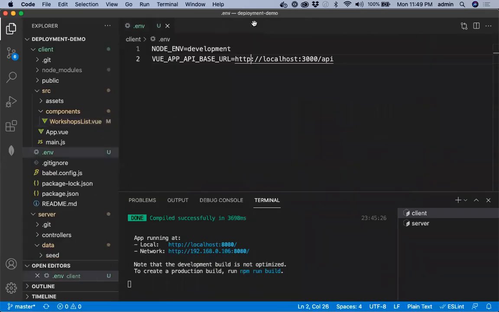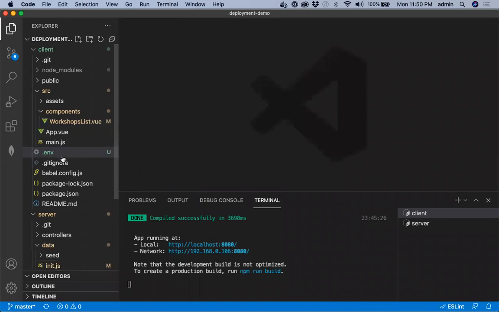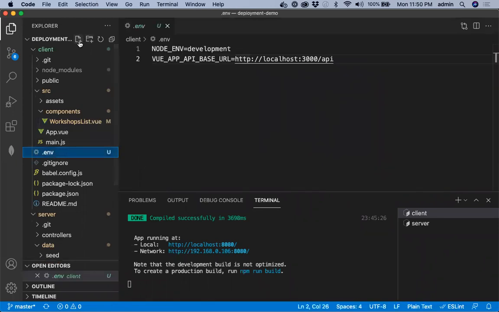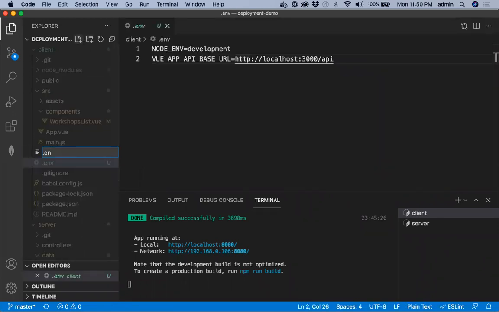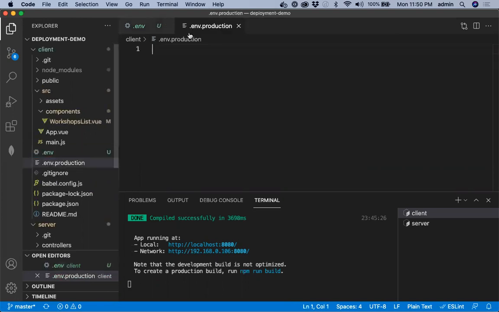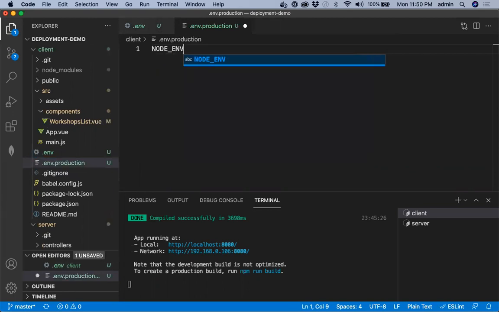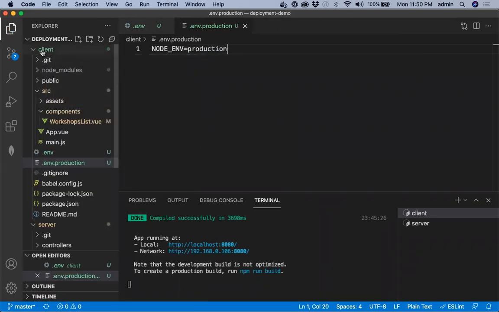So first we'll set up a .env.production, because that is the environment variables that will be used when we create a production build. So we'll set the node env to production. This is being done in the client app, in the front end app. And we are going to tell the view app